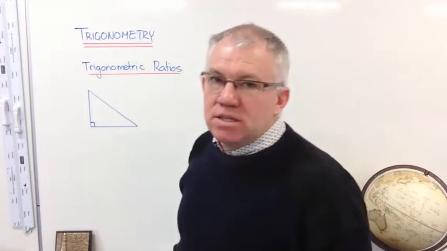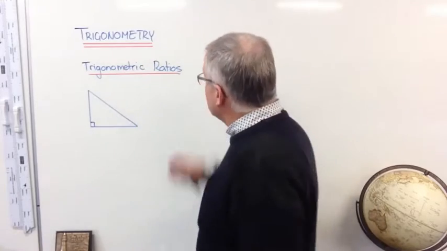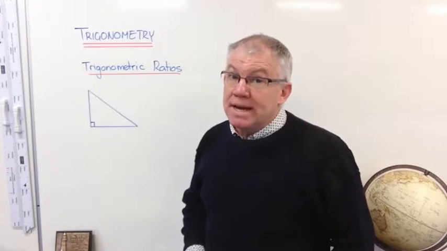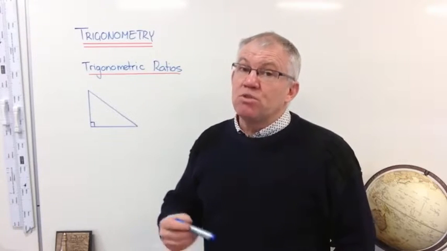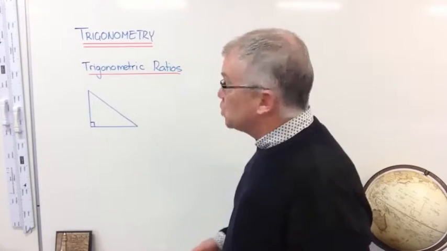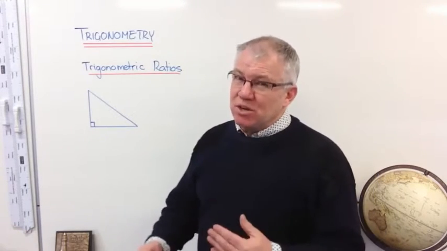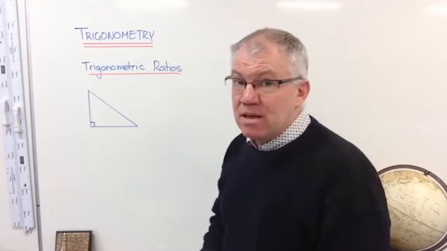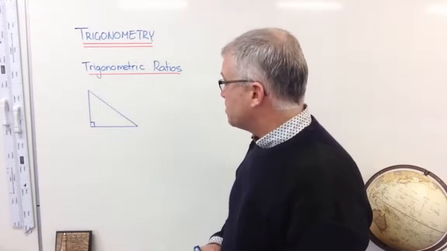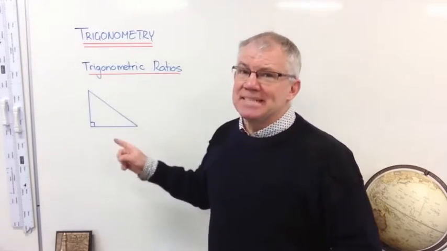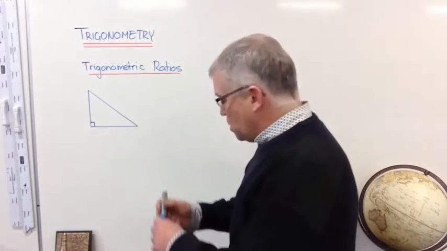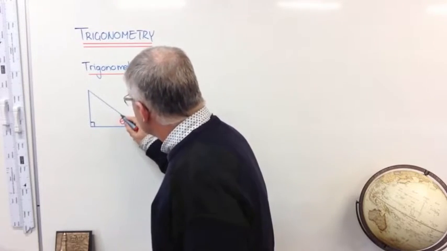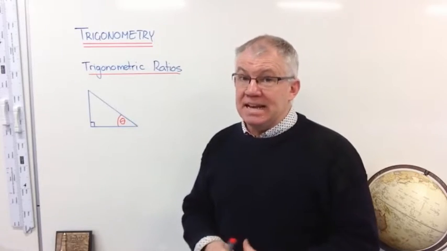Okay, so this lesson is the introductory lesson for trigonometry, which is initially based on right-angled triangles, and it uses the property of similarity between triangles to establish ratios that are common for all triangles, provided they have the same angles within those triangles. What we're going to do is designate one of the angles first off with a Greek letter. Quite frequently, we use the Greek letter theta to designate an angle in a